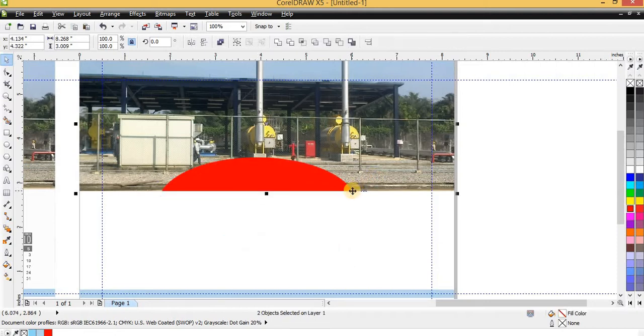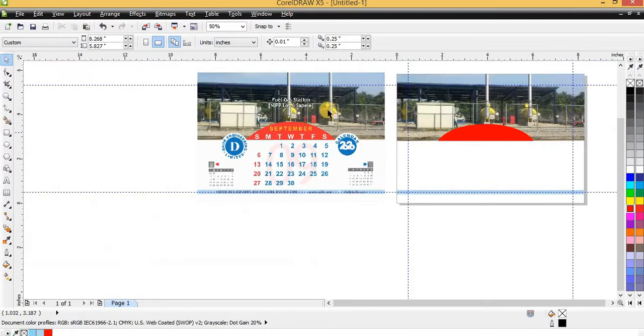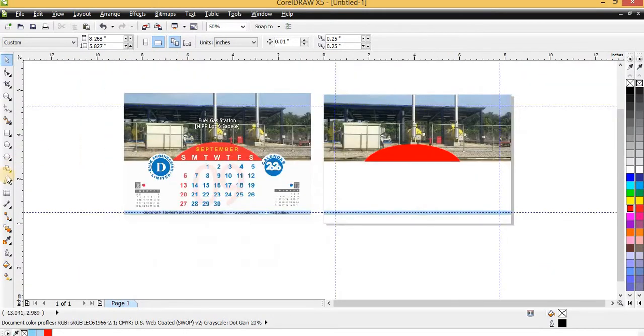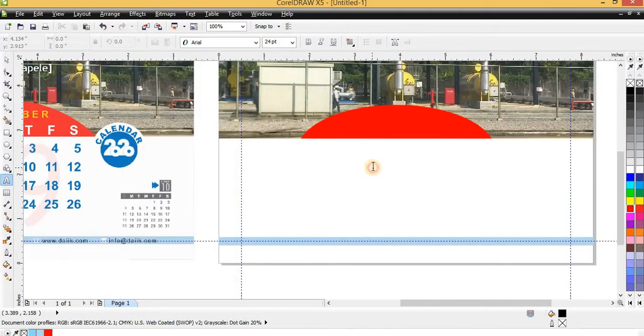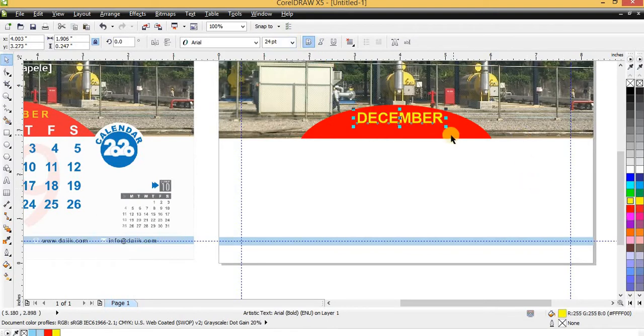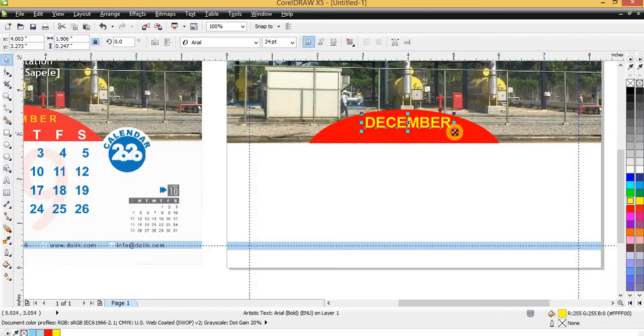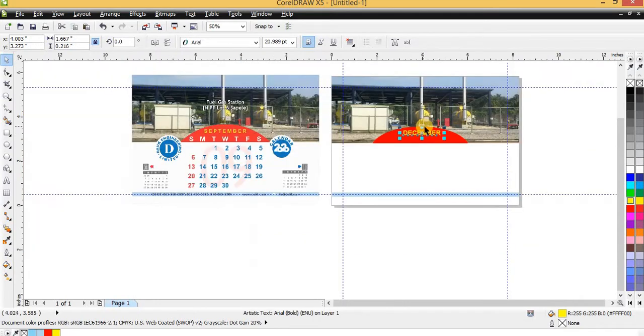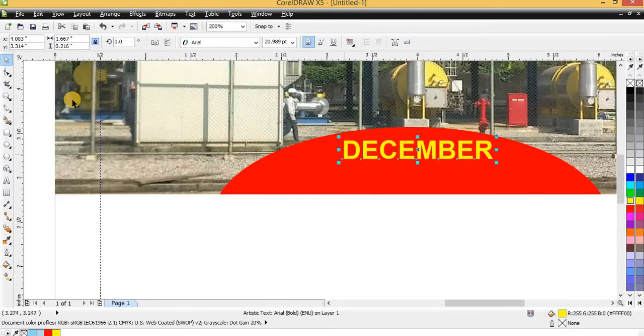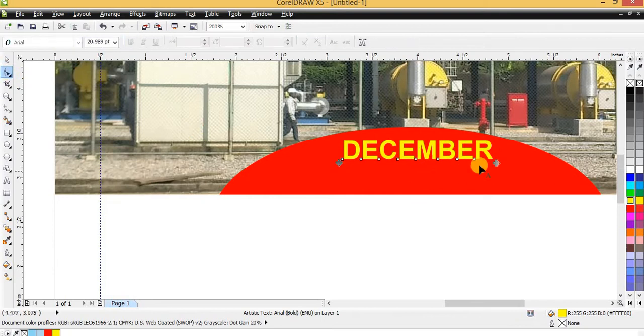So now highlight with this other button, B for bold, and C for center. That is the space I'm going to use to type my month. And for me now, I'm going to be typing December. Okay, that's the month I want to use here, and the color that I'm using is yellow. Take note, I'm no longer defining colors. You know what these things mean. My primary purpose here is to show you how to design a calendar, or how to get a calendar encoded, or to work with a calendar